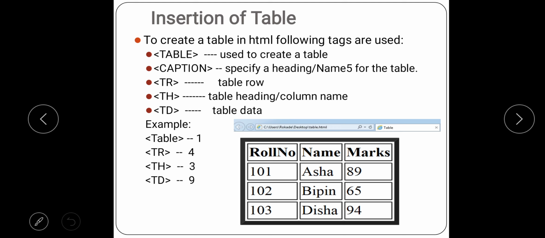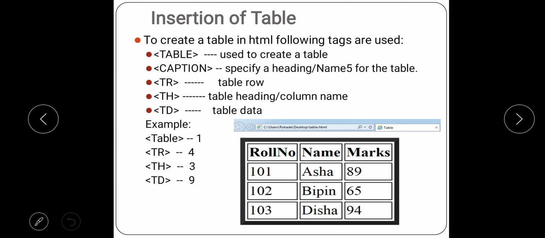See students, we all know that the table is made up of what? The table is basically made up of rows and columns. And the intersection of rows and columns creates the smallest element of the table, that is called the cell, right? So a table is made up of rows and columns, and the small boxes which are seen in the table are called cells, right? So here in the slide you can see there is one table. Can you tell me how many rows and how many columns are there in that table?